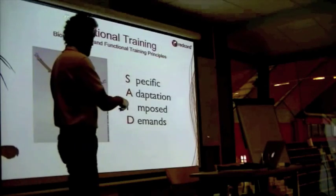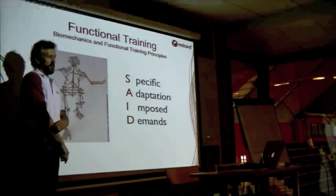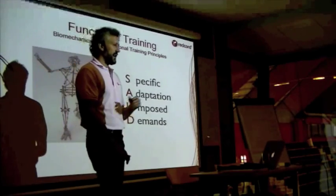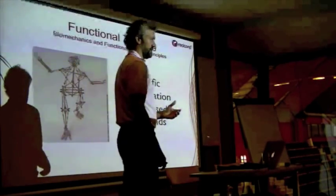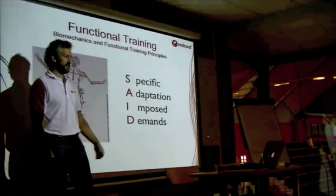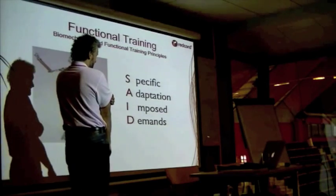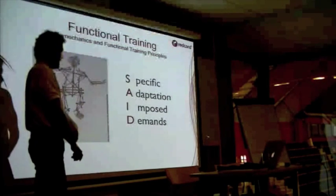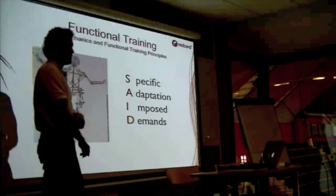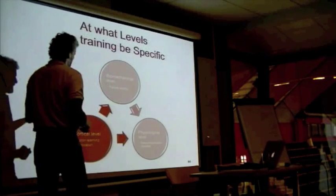So now we come to something called the SAID principle. If you're going to train the body, you have to be specific, and that will give you an adaptation. And that depends on what demands you place on the body. This is a well-known principle. Specific adaptation to imposed demands. You can look up a guy called Bompa if you're interested. He writes all about this. So, lastly, if we look at the...